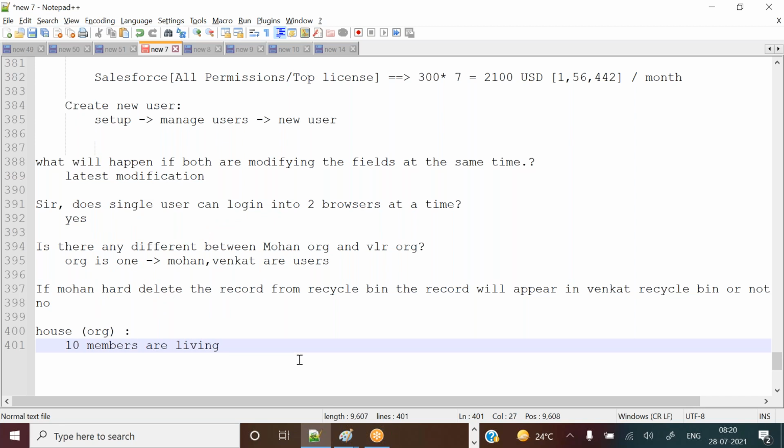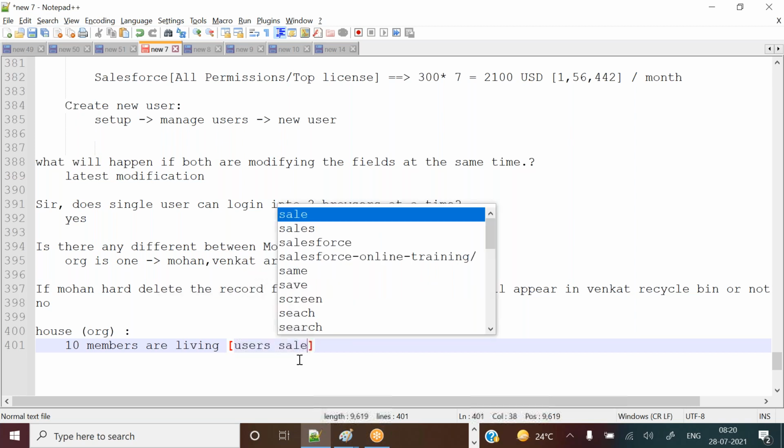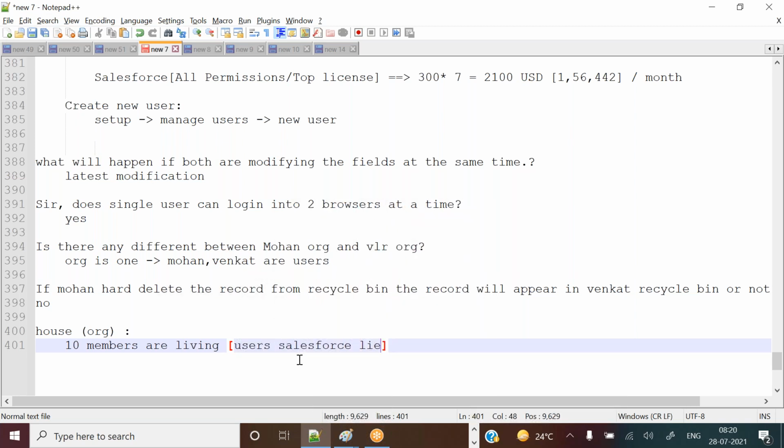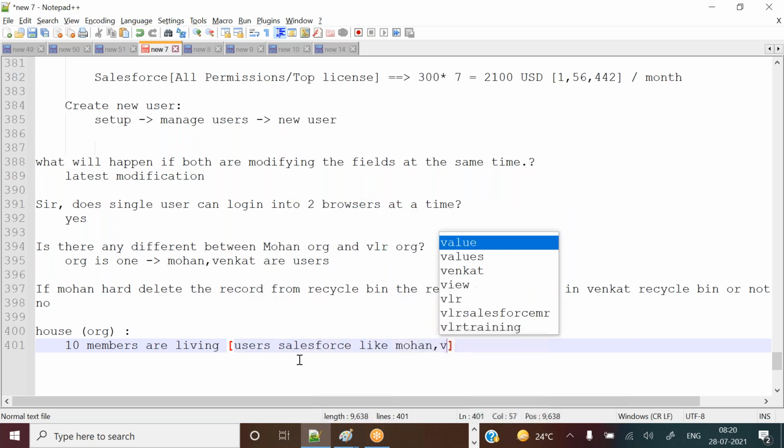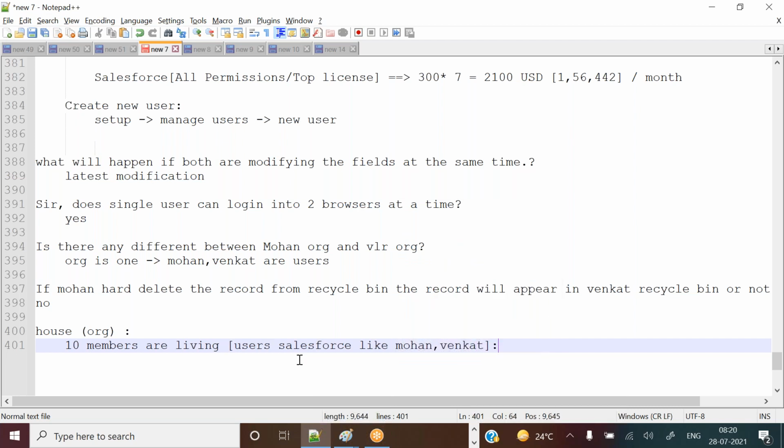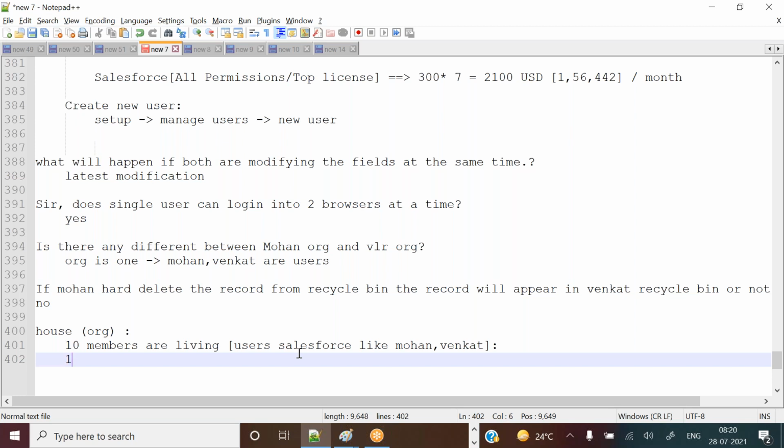These family members are nothing but, when you compare with Salesforce, users like Mohan, Venkat, like that. Now one member went to the kitchen and finds in the fridge one apple.